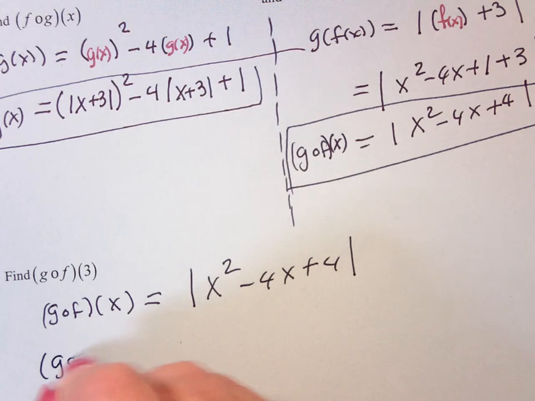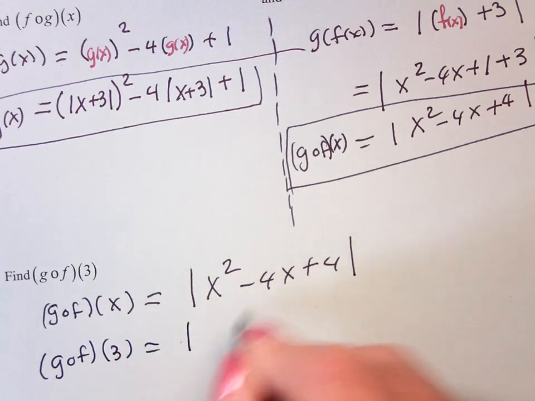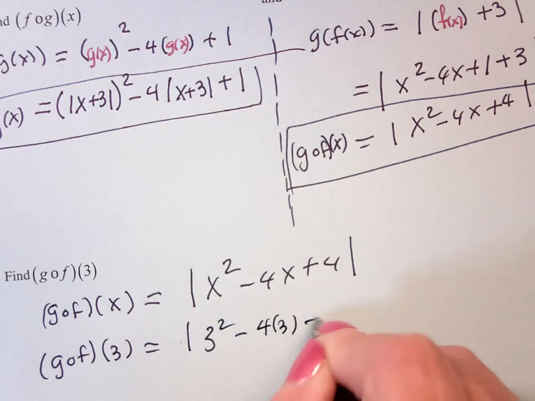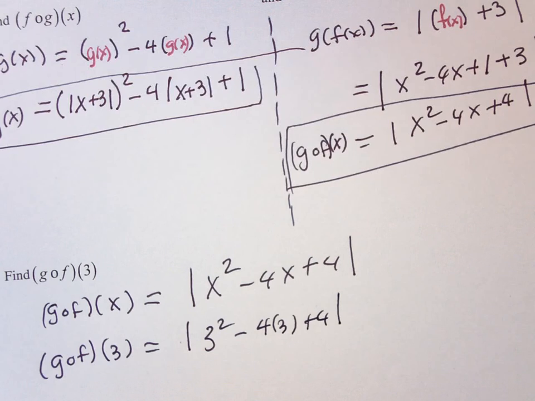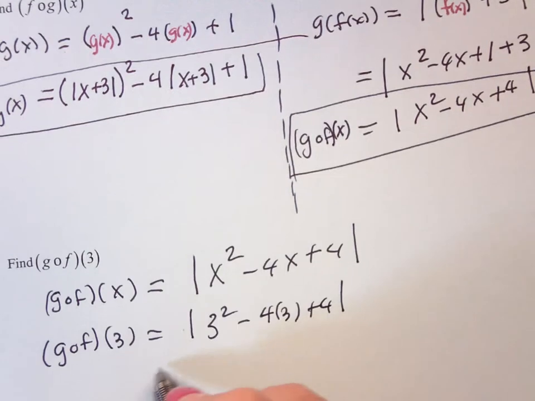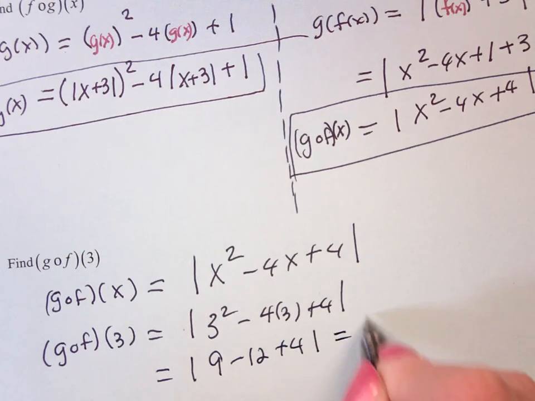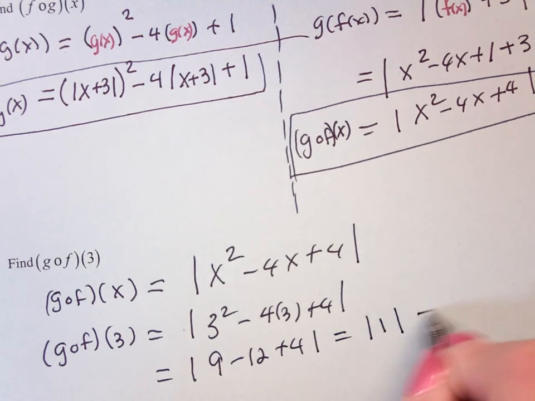So g o f of 3, now you just replace the x's by 3. 3 squared minus 4 times 3 plus 4, which is 9 minus 12 plus 4, which is the absolute value of 1, and the absolute value of 1 is